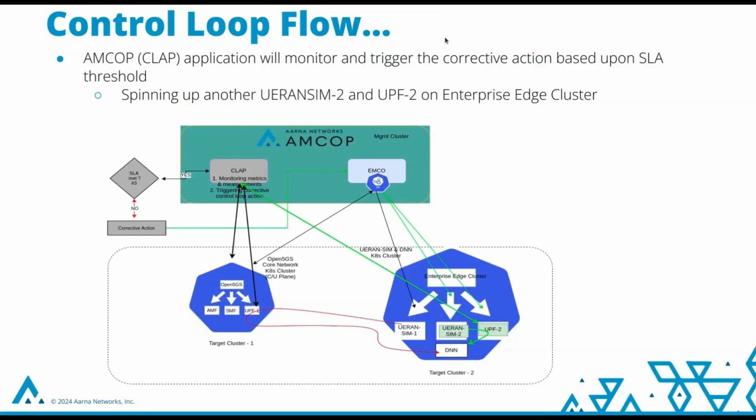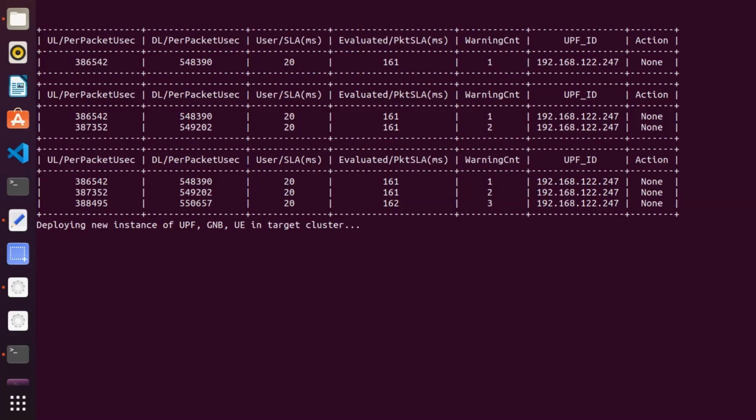This is the control loop flow, where the control loop application of AMCOP monitors the SLA. If the SLA is not met, it takes corrective action by deploying one more instance of UPF and UERANSIM in the enterprise edge cluster. Earlier, as the UE was able to ping google.com, the control loop application of AMCOP has started